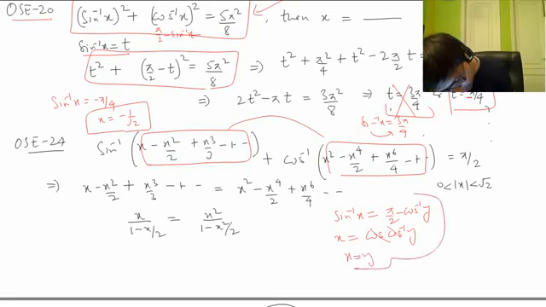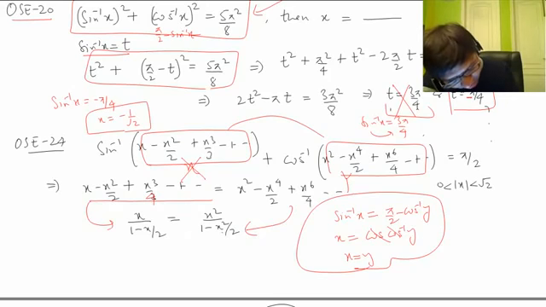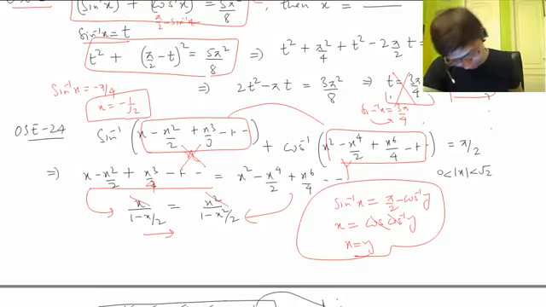ऐसे भी देख सकते हैं कि अगर sin inverse of x plus cos inverse of y equal to pi by 2 है, तो x and y should be equal. That's what I have shown here. cos term को right पे ले गए और sin ले लिया, x equal to y आ गया, this equal to this. Now it's a 4 here. You can apply infinite GP formula here, and after that you solve this equation, cancel this, and you can do this. Let's complete this equation.